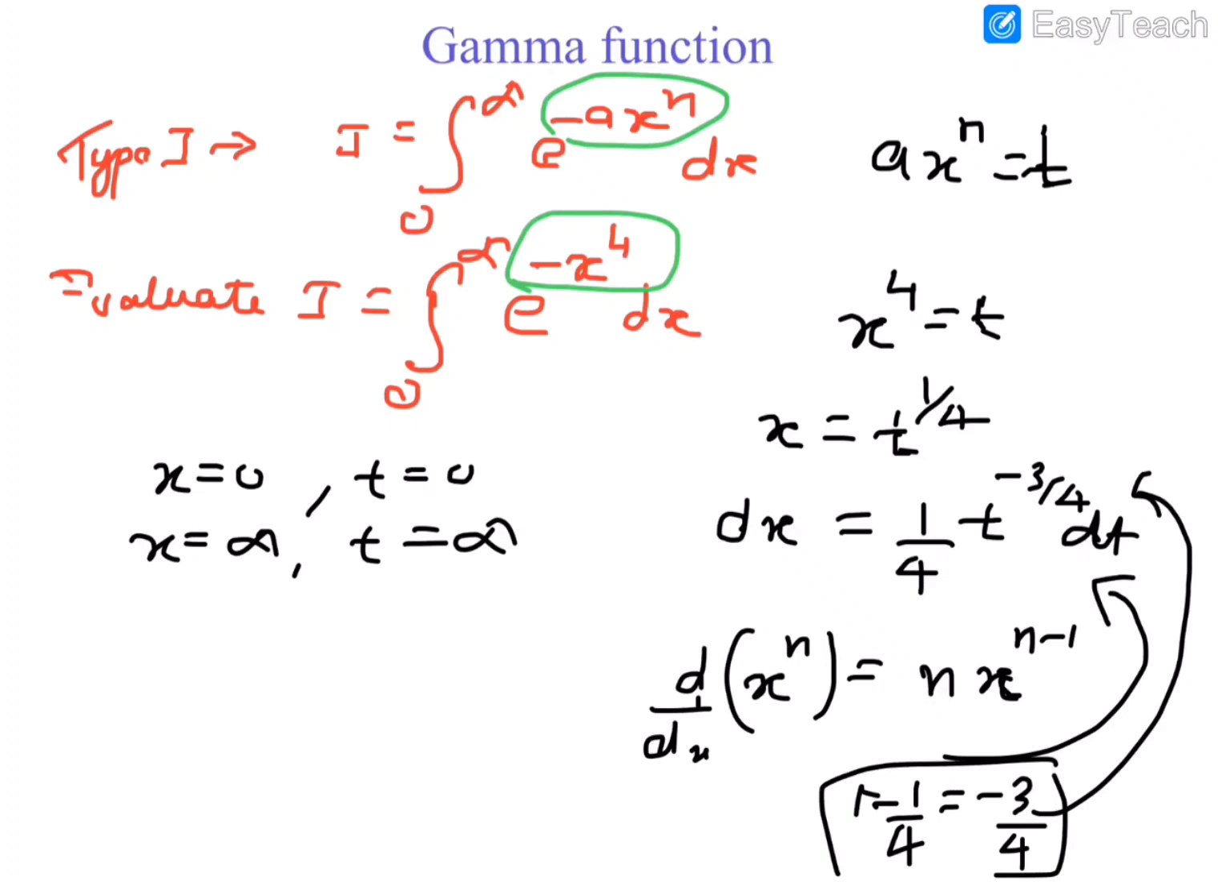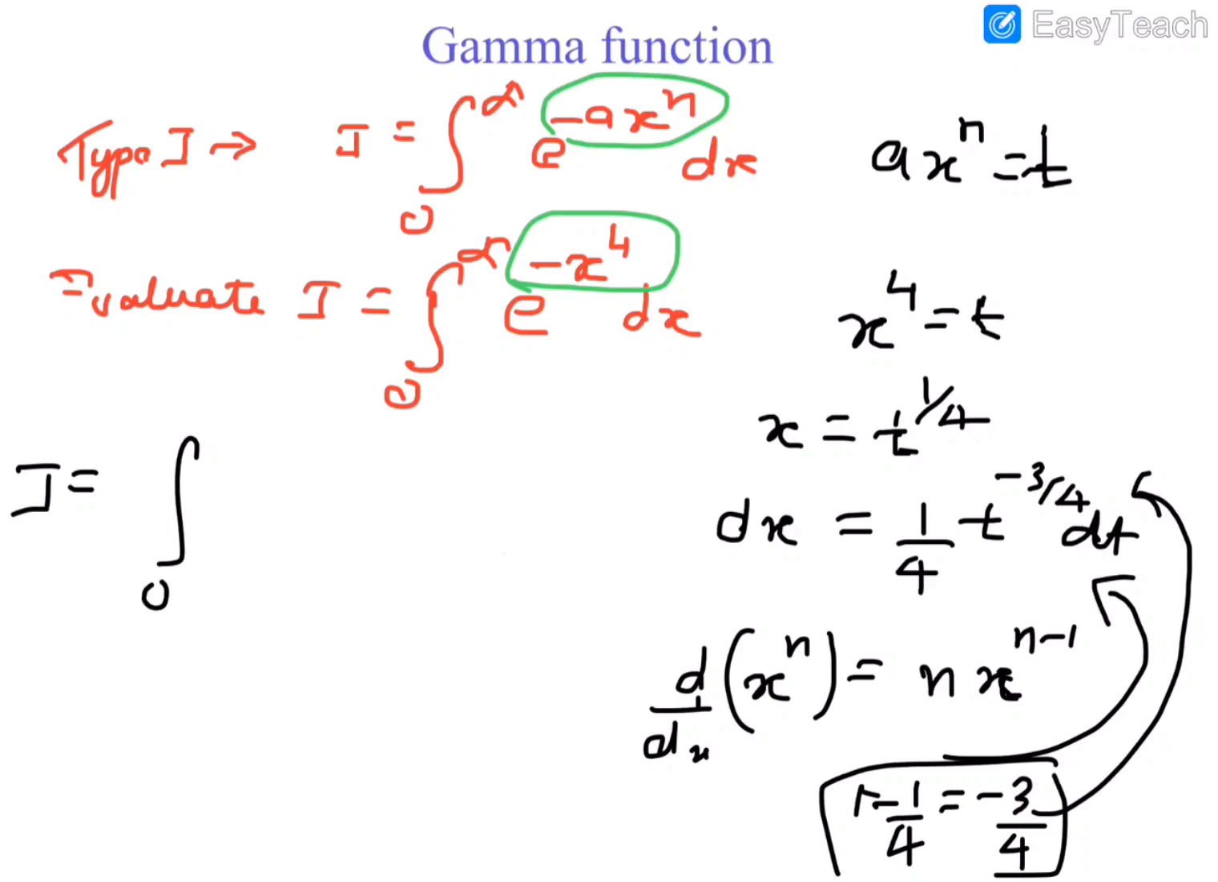So we can confirm that the limits have not at all changed. Now, after this, what needs to be done? We need to just rewrite it in the form of t. So if we rewrite this in the form of t, you can write it from 0 to infinity,